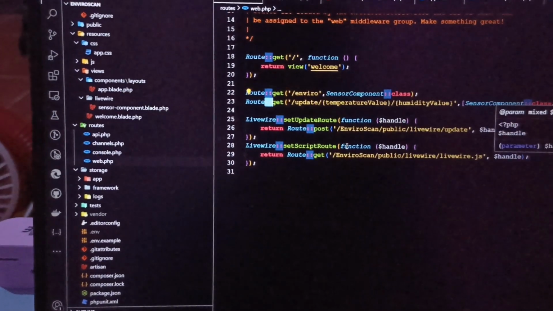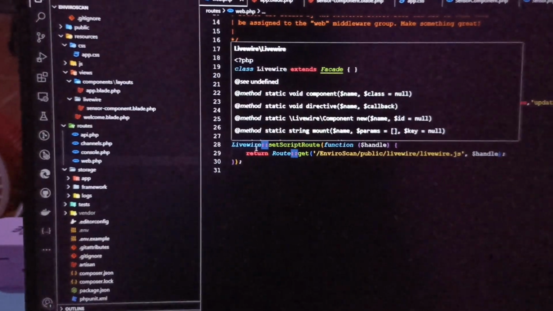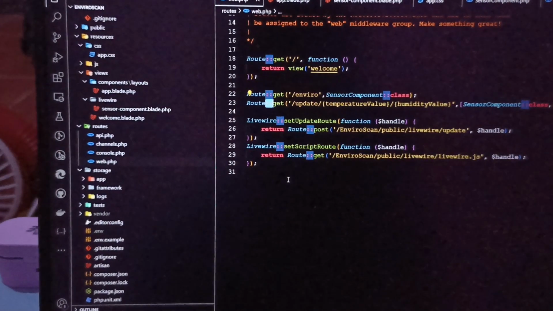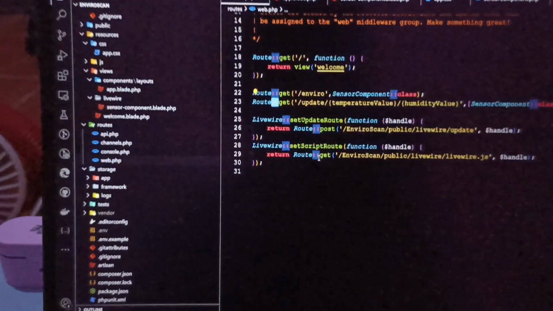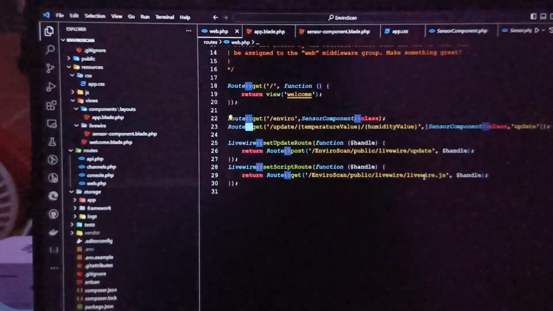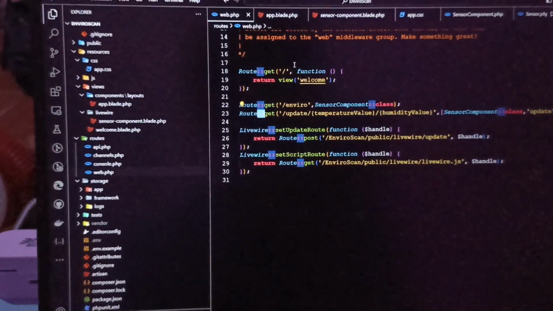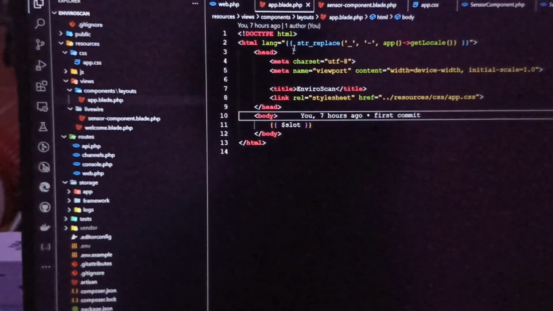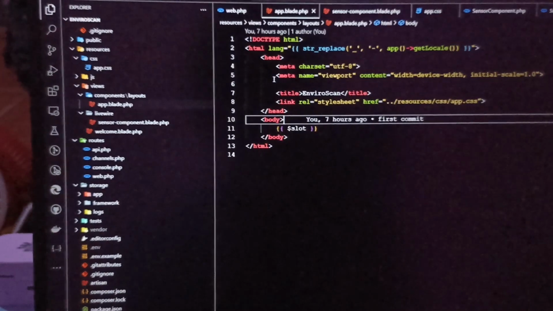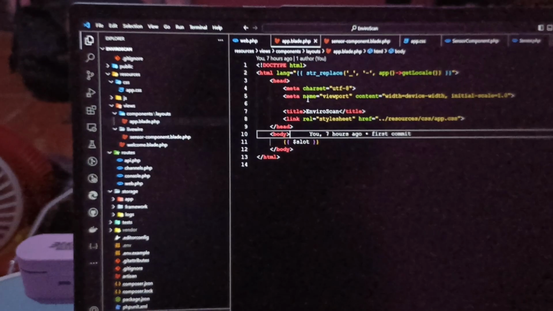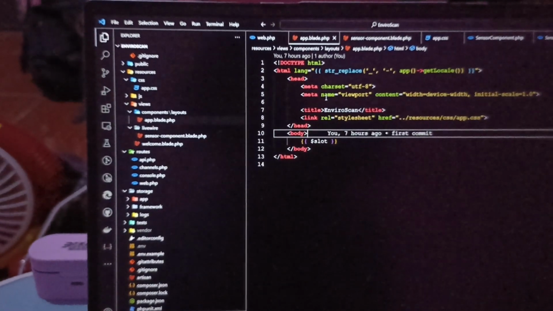Handle. And in this Livewire, this is for set script root for get JS enviroscan public livewire.js. Okay, and now I make this a doctype, and this is app.blade, this is for content in the website.